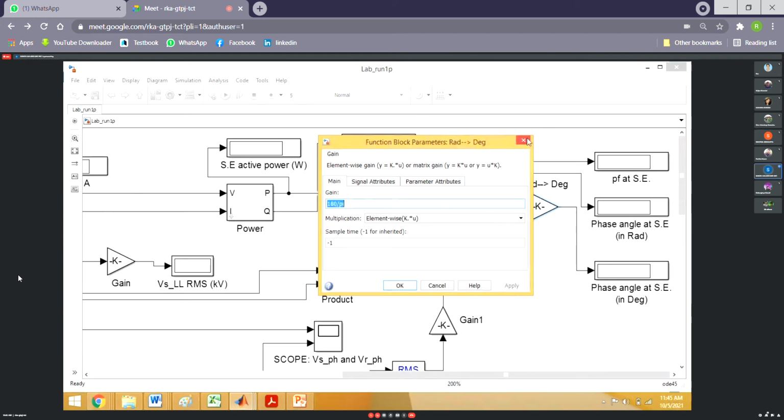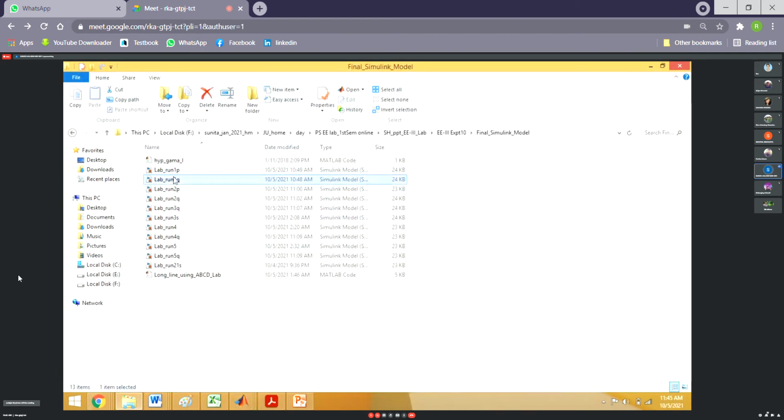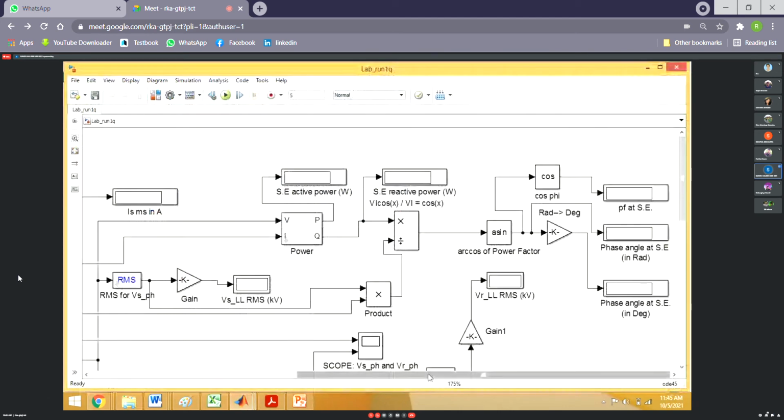But in the practical case, we just connect all those lines and elements and we put the meters there. But I want to say that I have seen that when the value of the angle is small, then for a very small change in angle, the change in cos theta will be more. Say 0.9990 and 0.9998, the angle difference, if you take the cos inverse, will be huge. So I have seen that the results obtained are not near the expected. So I have done a different thing, but I shall show you that in both cases we shall get the same result.